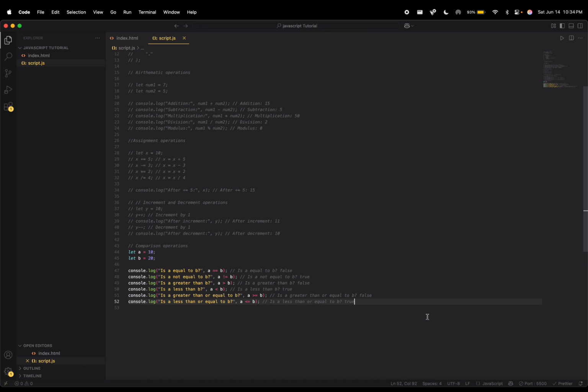Alright, next up we have got a triple equal to sign. Triple equal to sign, how this works is it checks if A is equal to B. Similar to this statement what we had in first, but